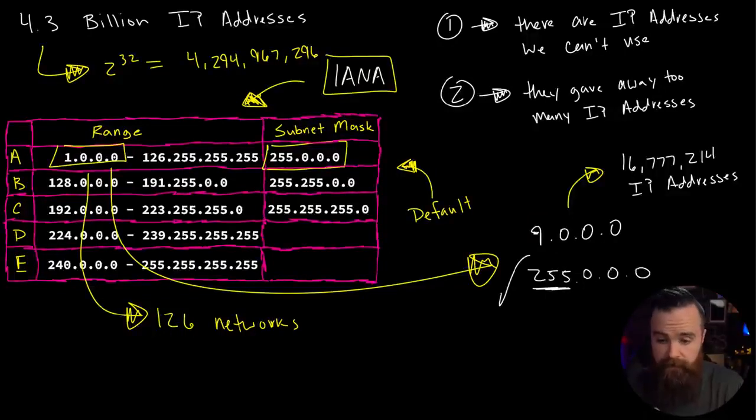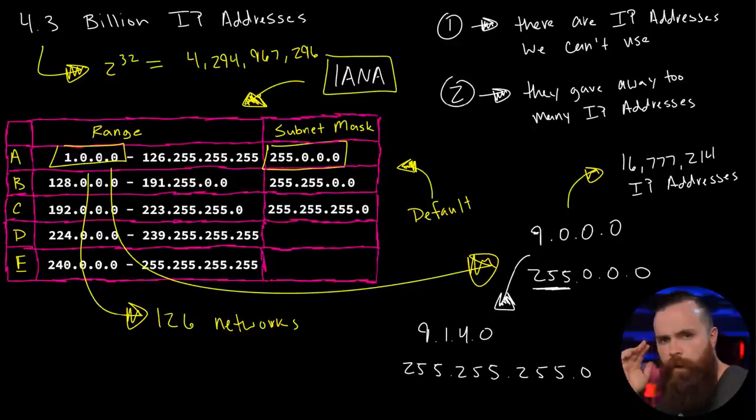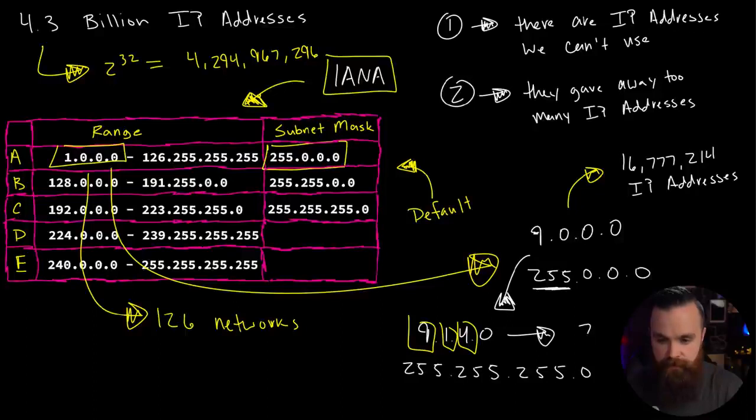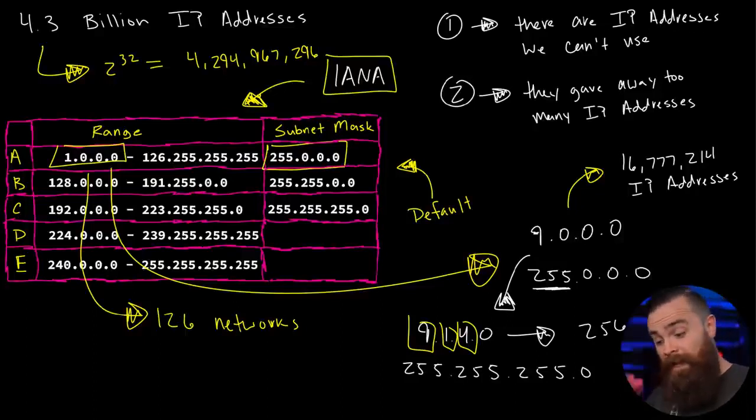What they will do is take this huge network full of IP addresses and cut it up into smaller slices. So they might have the network 9.1.4.0 with a subnet mask of 255.255.255.0. And you're probably thinking, whoa, they can do that? Yeah. So while a Class A network has the default subnet mask of 255.0.0.0, that's the minimum they have to have. They can cut it up very small and say in this network, the 9, the 1, and the 4 will always be an IP address, and this particular network is smaller with 256 addresses. So they can take their big, massive network and turn it into smaller